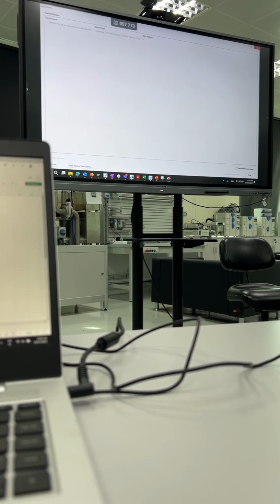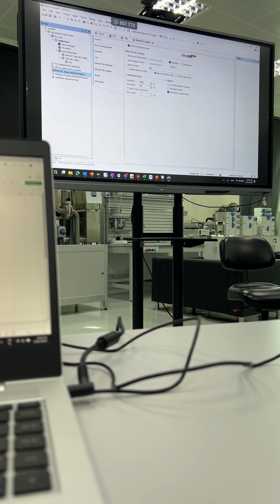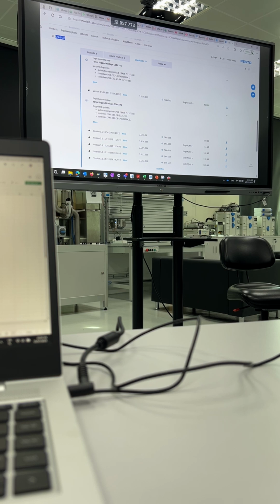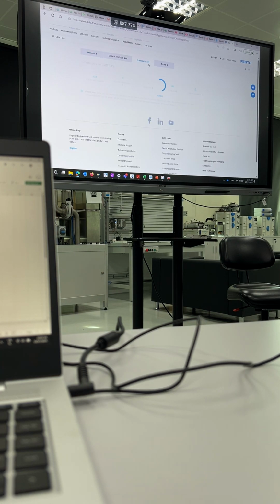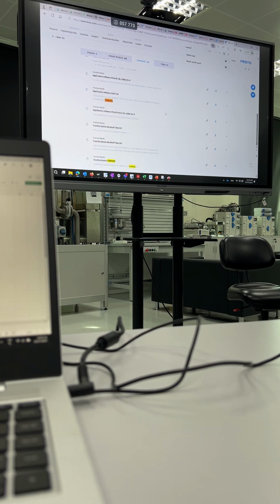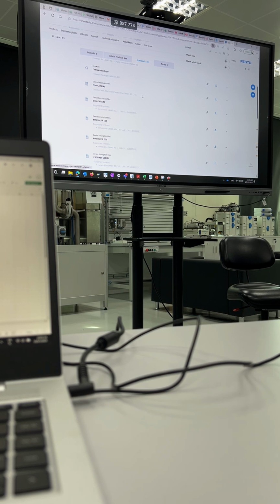So what you need to do then is the same as just now when we added the PLC. We need to go to our support portal, but this time we need to know which product we are looking for. In this case, we are looking for CMMT AS. So you search for CMMT AS, and then in the software, you need to look for the XML. Yes, XML will work, but